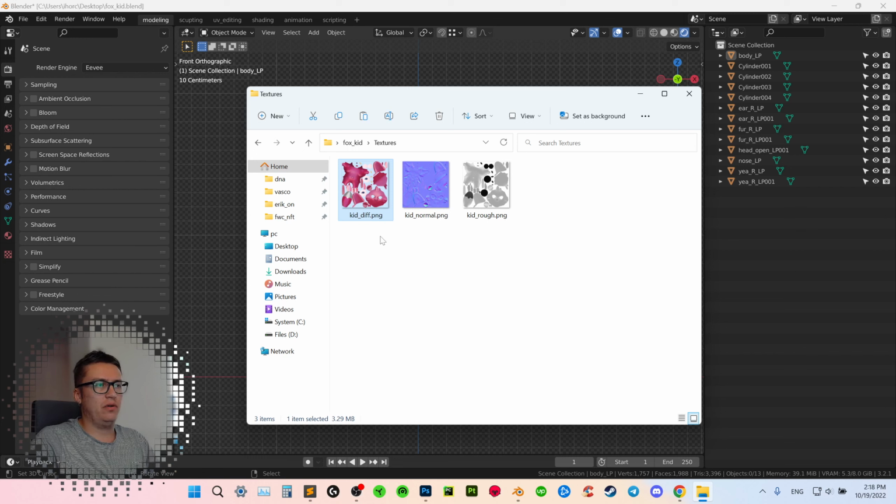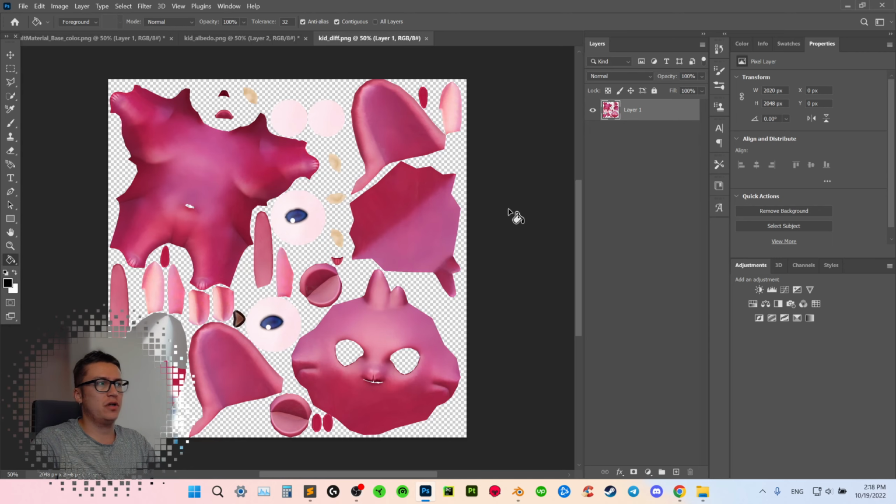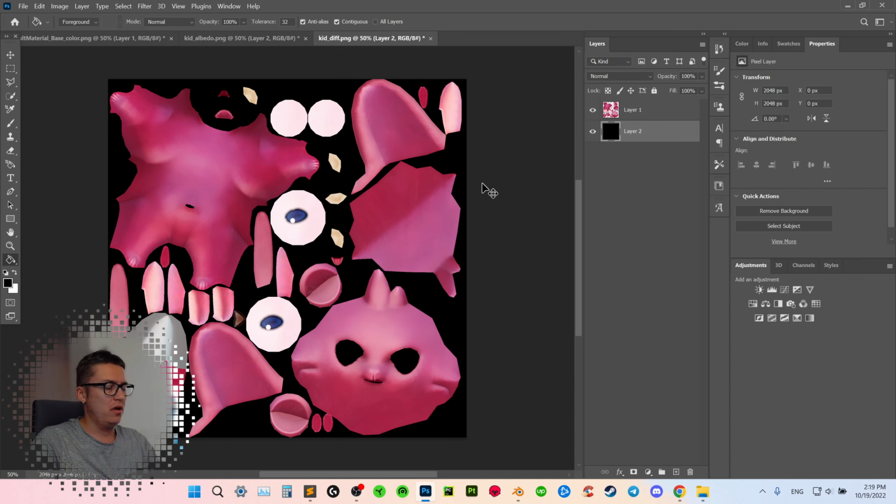For example, we have these textures in PNG format with an alpha channel. We can open one in Photoshop, create a new layer, fill it with black color, and resave it